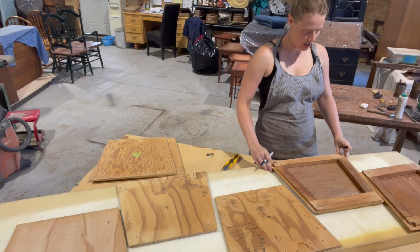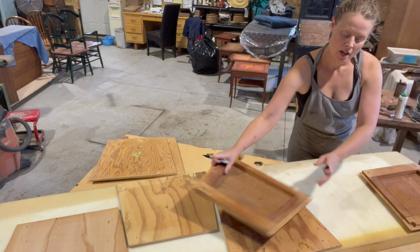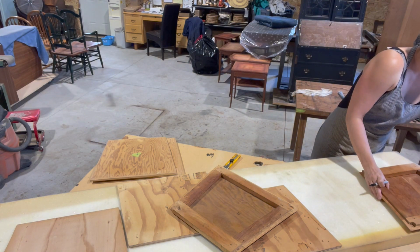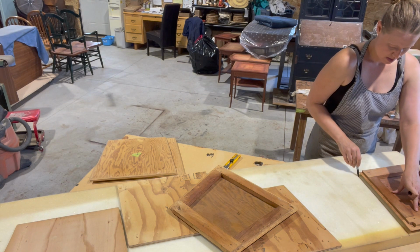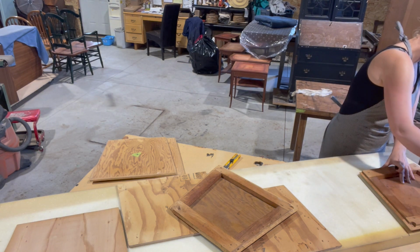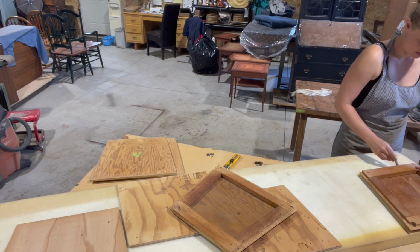And I'm just going to trace out where each chair goes. I know 5 of these fit here, so I'll start with the one. I don't usually do the front edge because it's straight. And I'm just going to trace it so that it's a little bit bigger, so I can get some edge coverage